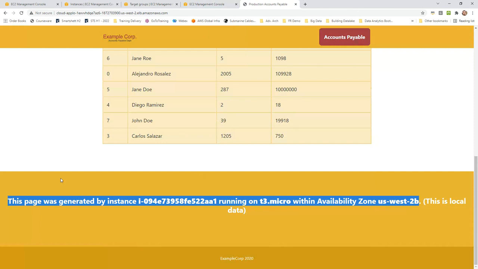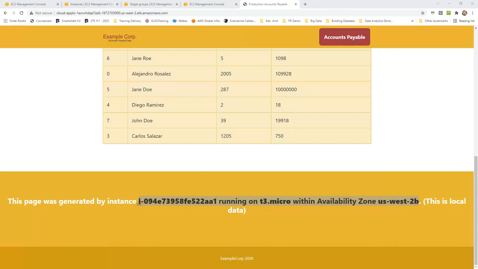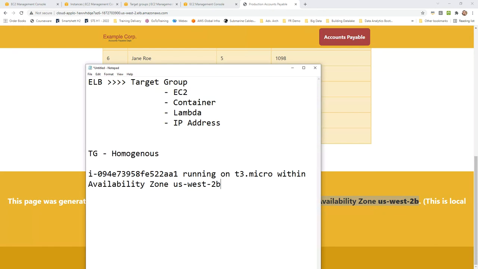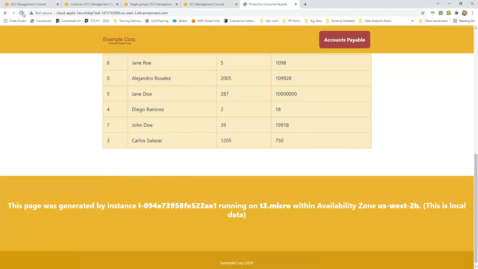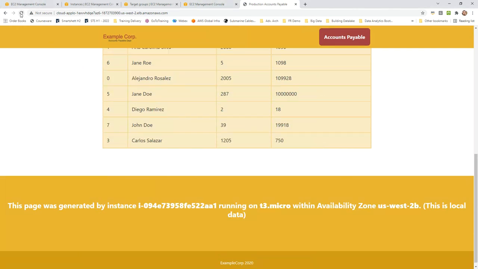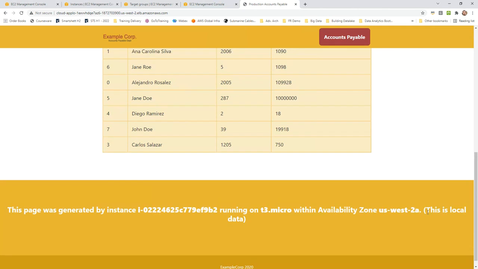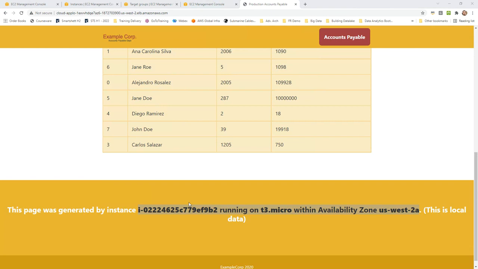Is it load balancing? Let's do one thing. Let's refresh. Remember, my request was forwarded from this instance, which was 2b, and that was part of which availability zone. Sorry, this is my instance ID, and 2b responded to my request. Let me do a refresh and see what happens. See this. Again 2b. Let me refresh it again. See, this time a different instance has responded to my request.